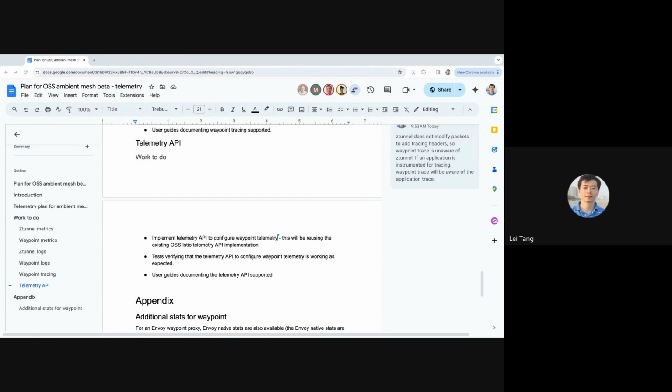Yeah, Mitch, I agree with less configuration. So if the community prefers no configuration at all, even for waypoint, that sounds great to me, because, for example, we can always enable metrics and logs for waypoint. For tracing, we can have a fixed sampling rate, like 1%. So yeah, John. Yeah, I'd be cautious to say the community is asking for this. I've never heard a user say, I don't want to be able to configure my telemetry. I think it's very common for users to configure their telemetry. But, so it seems... John,